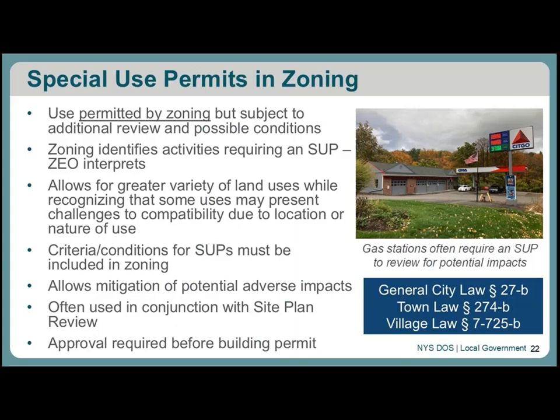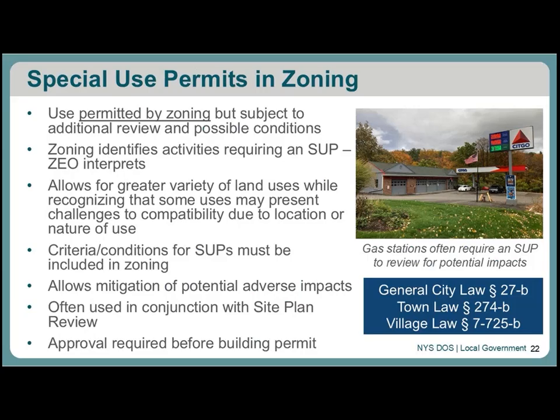And then lastly, just on special use permits, we have a whole course on special use permits, and we talk a lot about them in our planning board overview course as well. But generally speaking, in order to apply the special use permit review process, it needs to be stated in your zoning that that use requires a special use permit. You can't apply it to uses if it doesn't say to apply it in zoning. So you can't just use that because you think it would be a good idea. It has to actually say it in zoning.